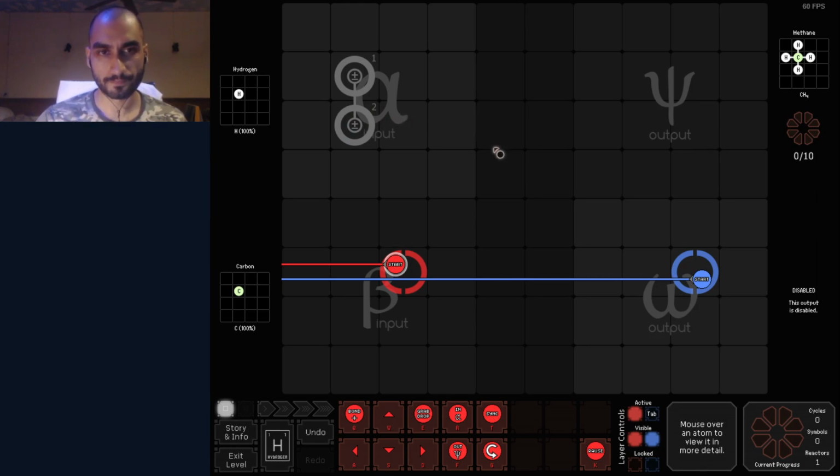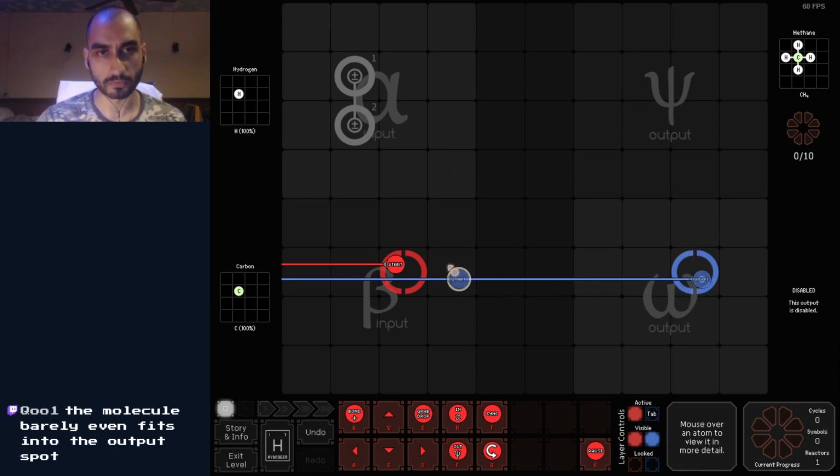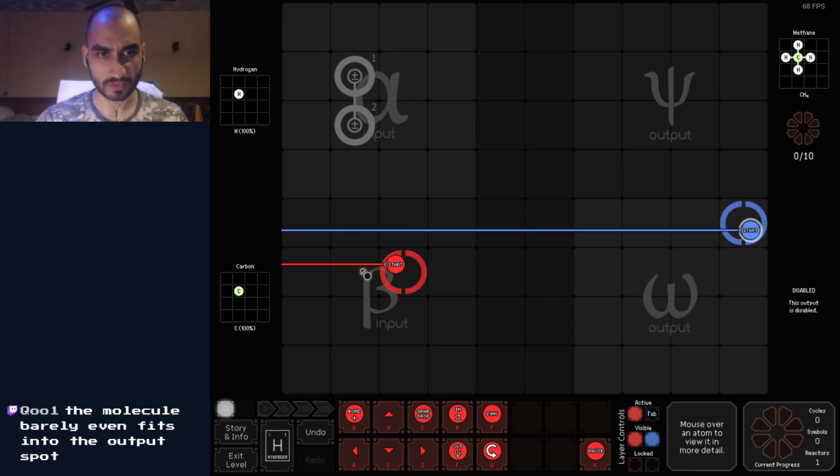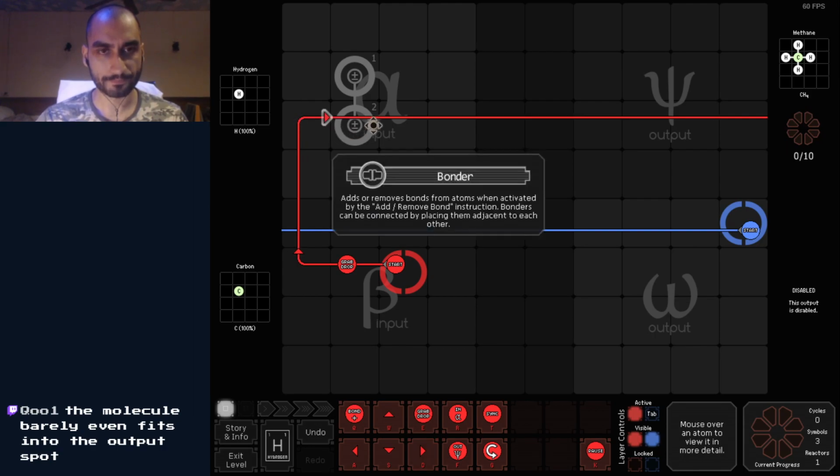Okay, well, start, red can probably do two rotations, and then blue can do two more. I don't know, it's gonna be tricky. Alright, so if I were to grab carbon and bond,